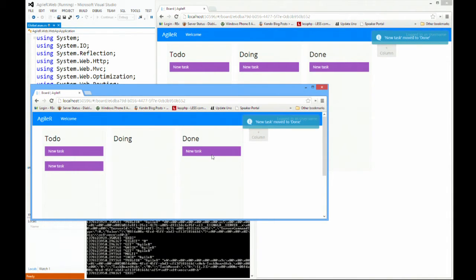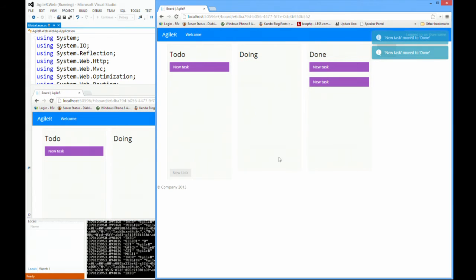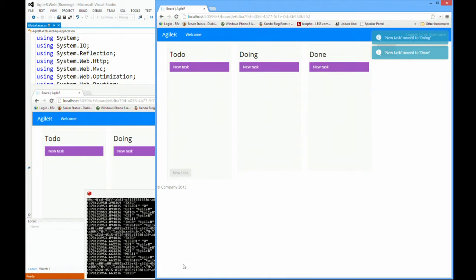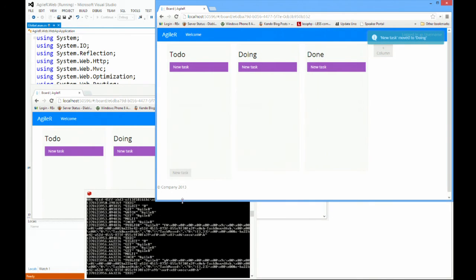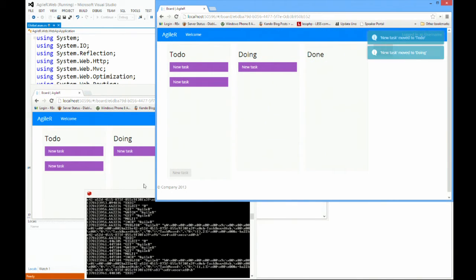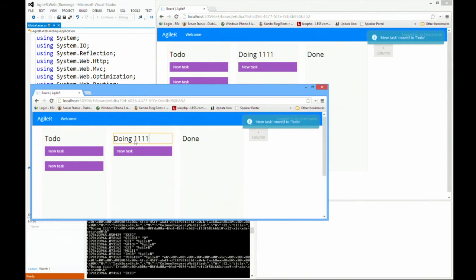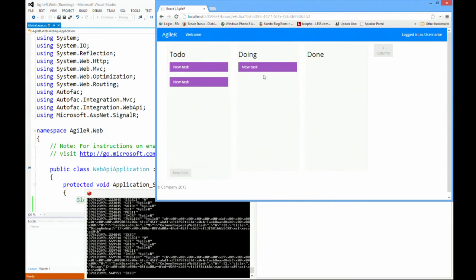Okay, so even over here, still sending messages into Redis. And what we want to do is say type something. That would be more interesting. Yeah, so we can see what's going on. Yep, so still sending messages. And if we type something up in the top, it's sending those messages straight away. Definitely happening. So that's it. They've made it really easy to use that scale-out ability.